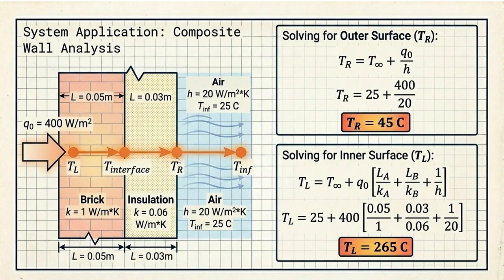Now solving for the inner surface TL. For TL, we'll again use the same formula, but instead here we used only one resistance, that is 1 by h, because there was only one resistance offered between TR and T infinity, and that was the resistance offered due to air. Now between TL and T infinity, there are three resistances. One is offered by the brick, one is offered by the insulation, and one is offered by the air. So we are using all three resistances,